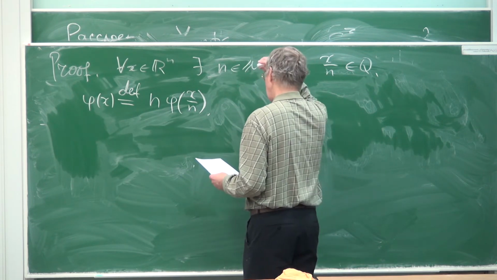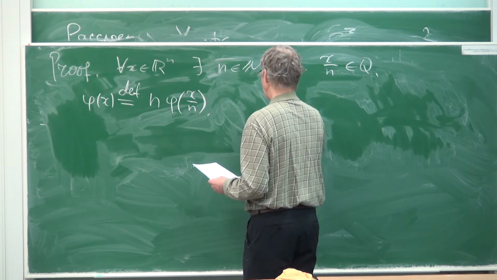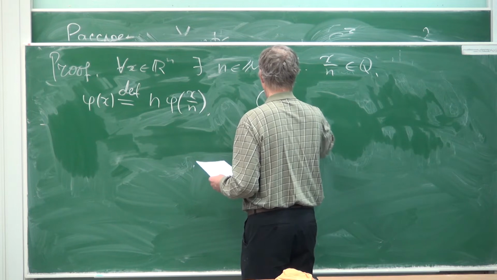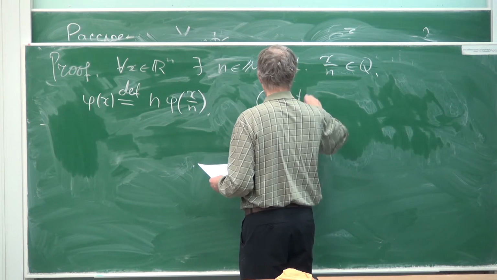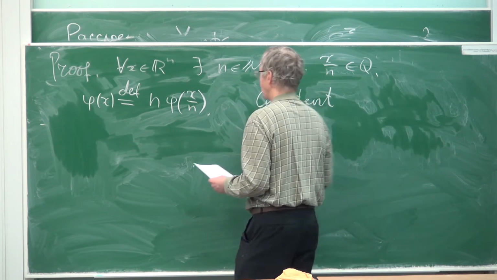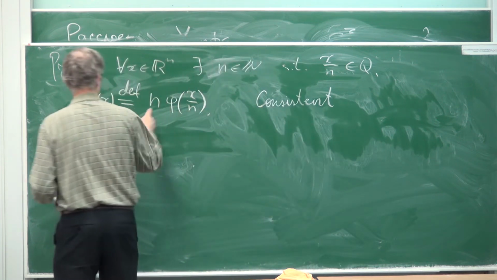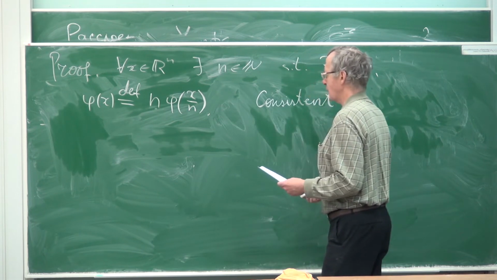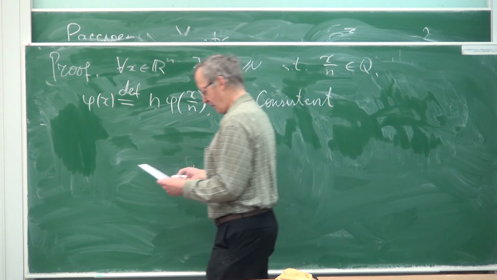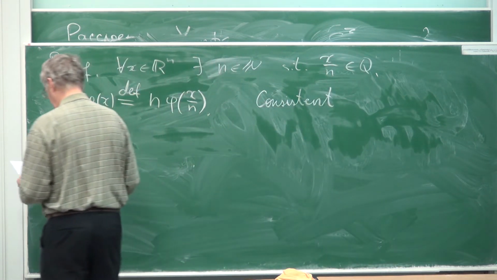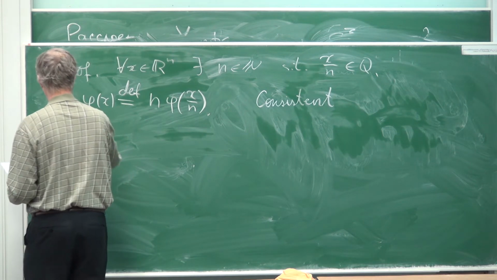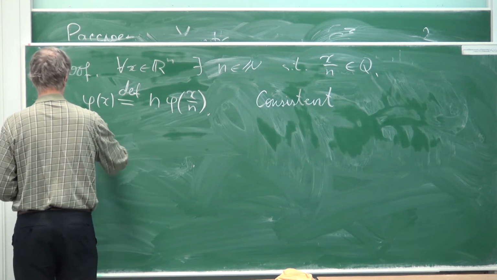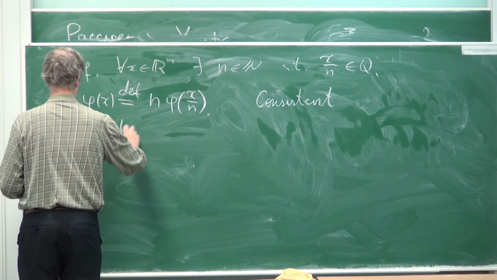This is consistent, because if we find some other index m with the same property, we shall obtain the same. So simply if x over m also belongs to Q,